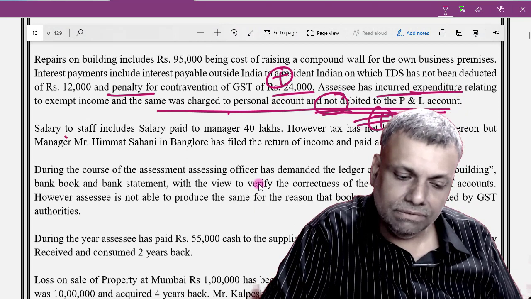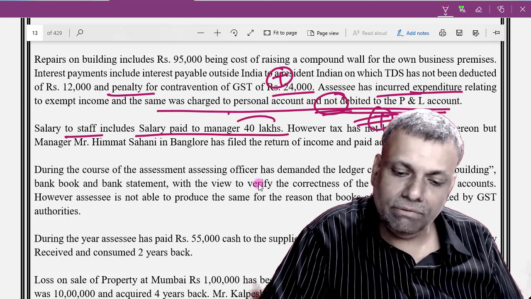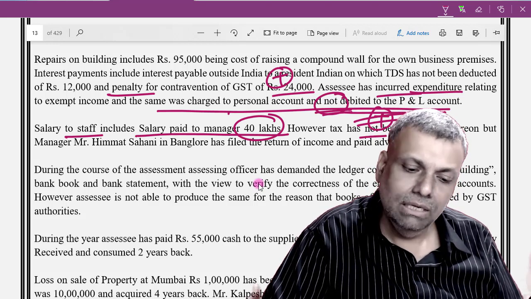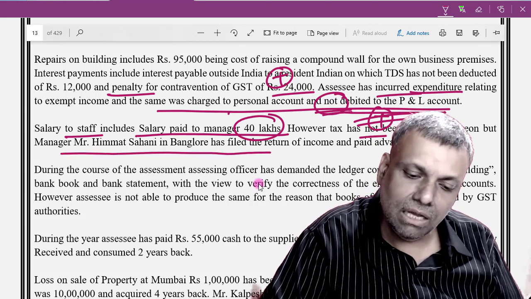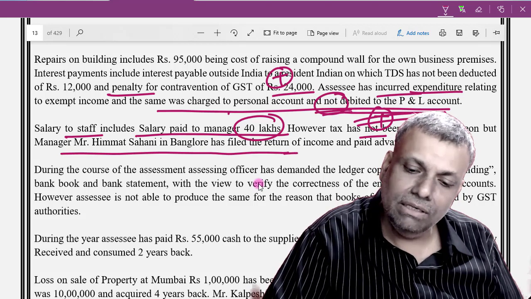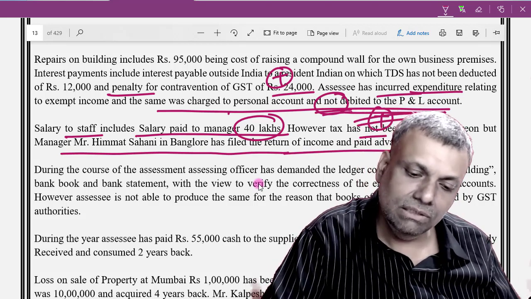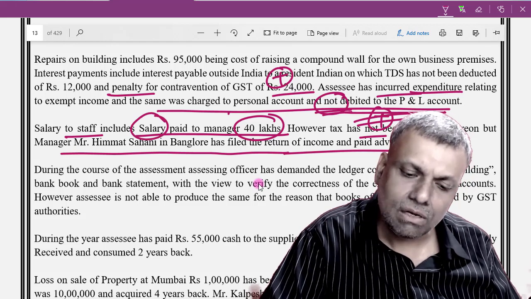Okay. Now salary to staff includes salary paid to the manager, 40 lakhs. Now tax has not been deducted, but Mr. Himant Sanghai in Bangalore has filed the return and paid the advance taxes duly. Beautiful. Now this particular transaction is paid salary to the manager